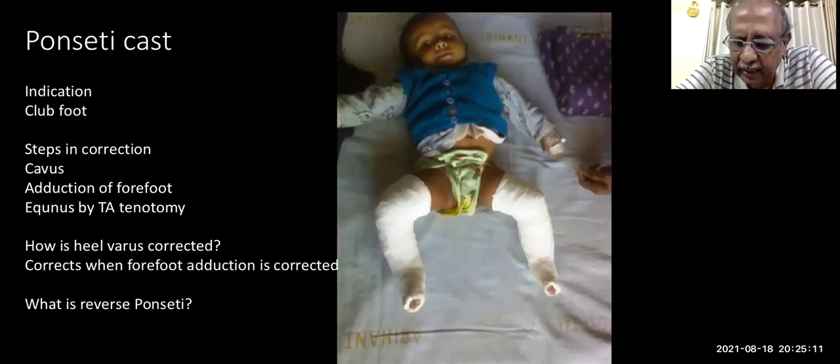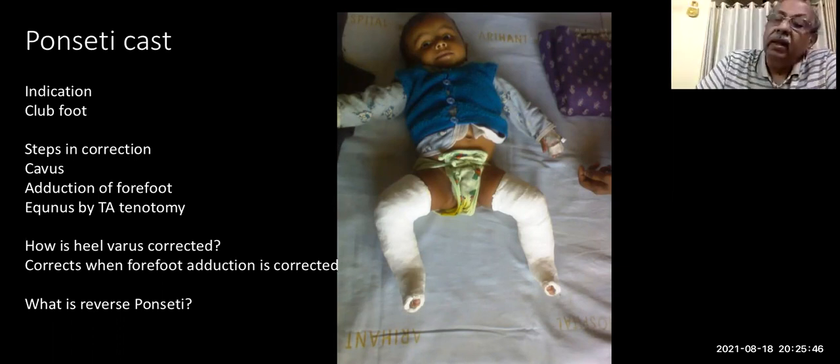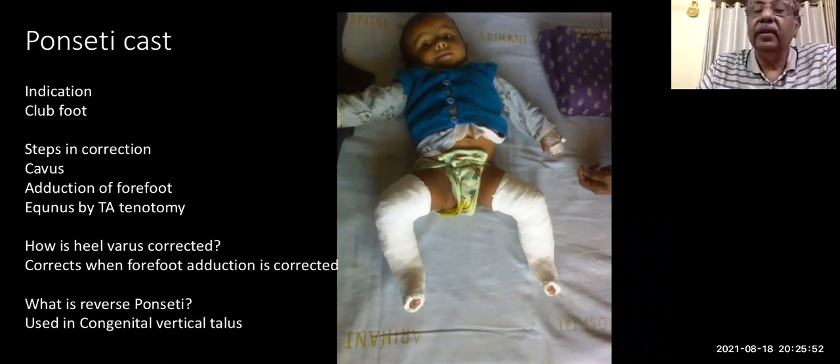Okay. And the second thing is, in all these cases, you will have to do a tenotomy, as in the case of clubfoot. And a surgery is again necessary. That is either a percutaneous K-wire fixation of the talonavicular joint or a mini open procedure to reduce and fix the talonavicular joint. That is the additional procedure. It doesn't end with plaster and tenotomy, but it also involves fixation of the talonavicular joint by the K-wire, either closed or open, in Dobbs reverse Ponseti technique. Then only after fixing the talonavicular joint, you should do the tenotomy. These are a few things which you should know.